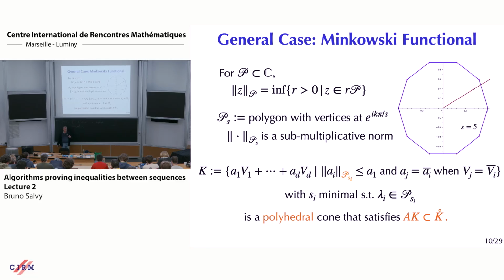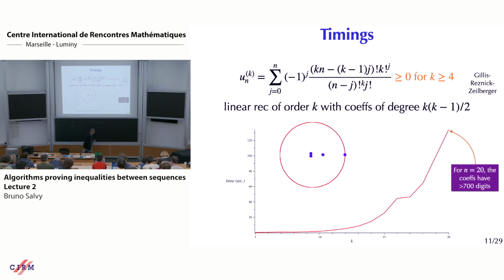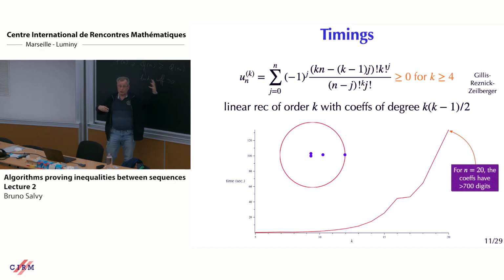Okay, and that works. This algorithm works. So there's an implementation by Alaa. And you remember there's this family of examples from the Gillis-Reznik-Zeilberger conjecture. And it's nice because the order of the recurrence increases linearly with k, but the degrees of the coefficients increase quadratically. So for instance here,